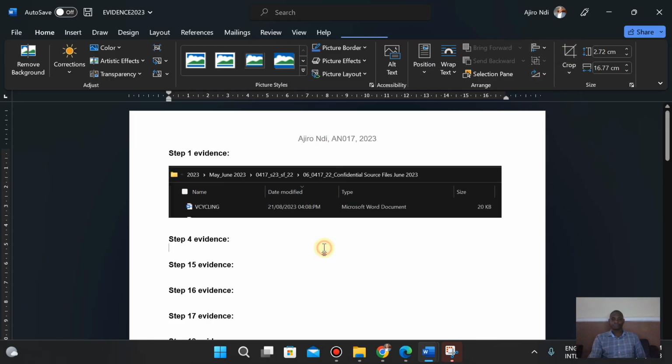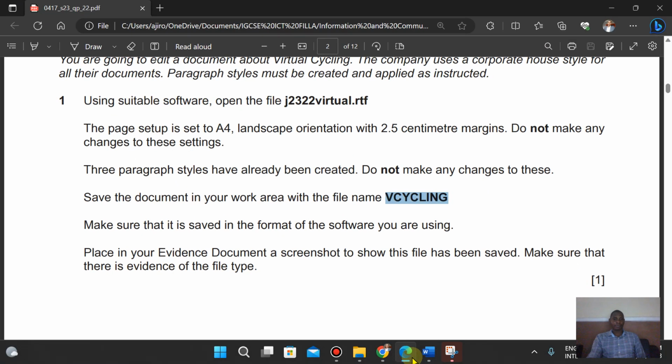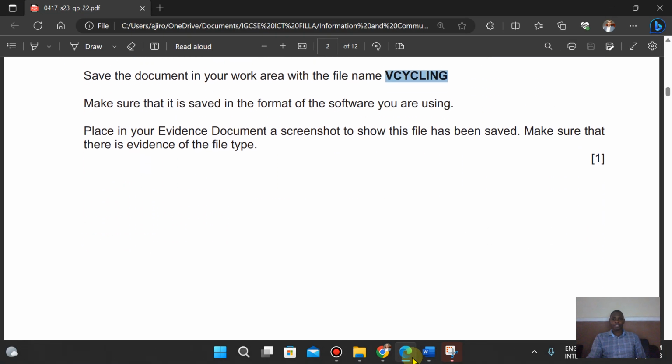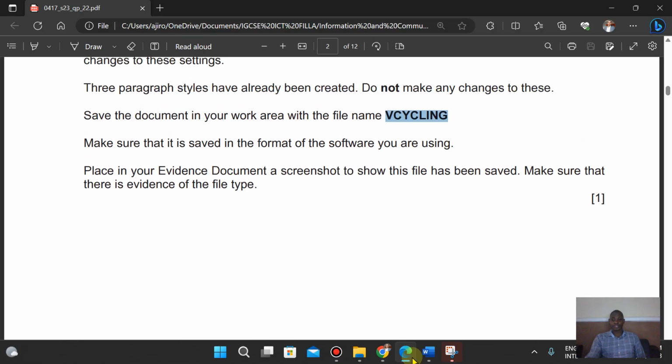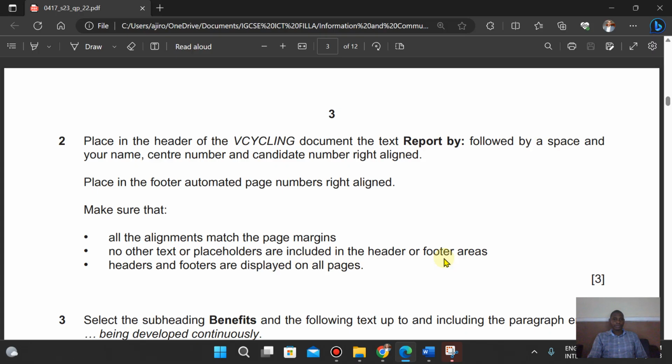Crop it here. Okay, so 1 mark for the stress. Place in the header of the VC cycling document, rather call it VC cycling. So VC cycling, place in the header of the VC cycling document